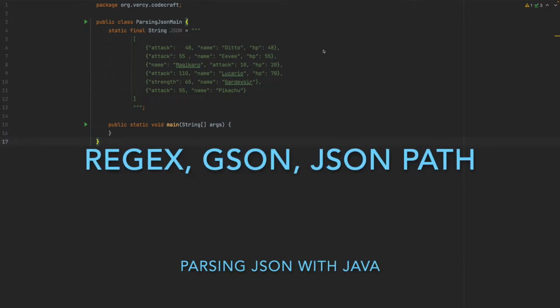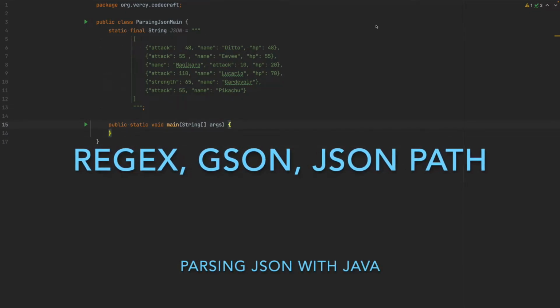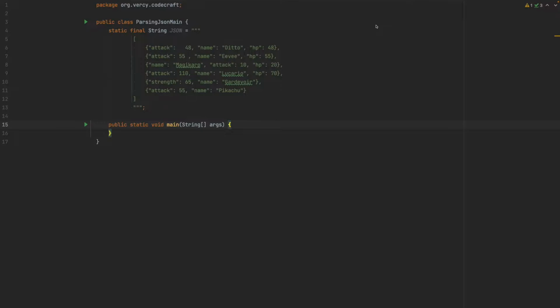Hi, in this video we will extract Pokemon attack points from a JSON string using Java. This could be useful, for example, if we wanted to do statistical calculations on the numbers. The JSON has extra spaces, fields may be in a random order, and in some records there is no attack